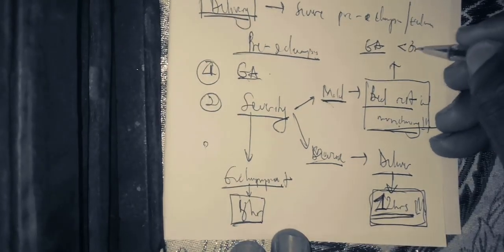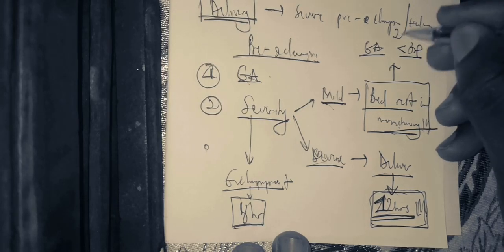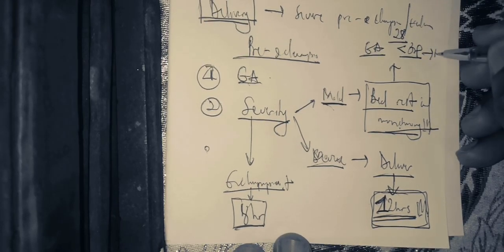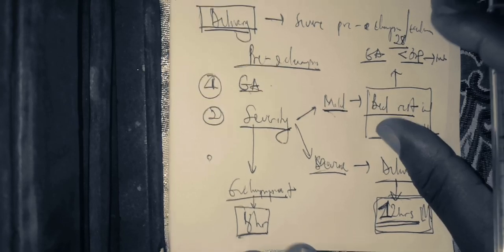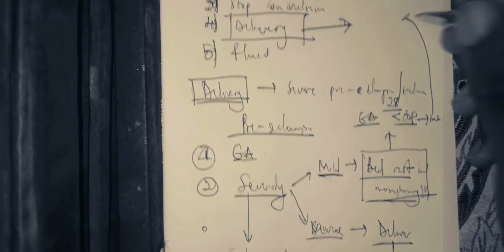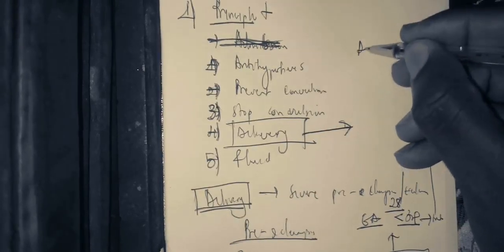If the gestational age is less than 34 weeks and more than 28 weeks, you need to mature the lungs. Now the question is, how do you mature the lungs? You either use